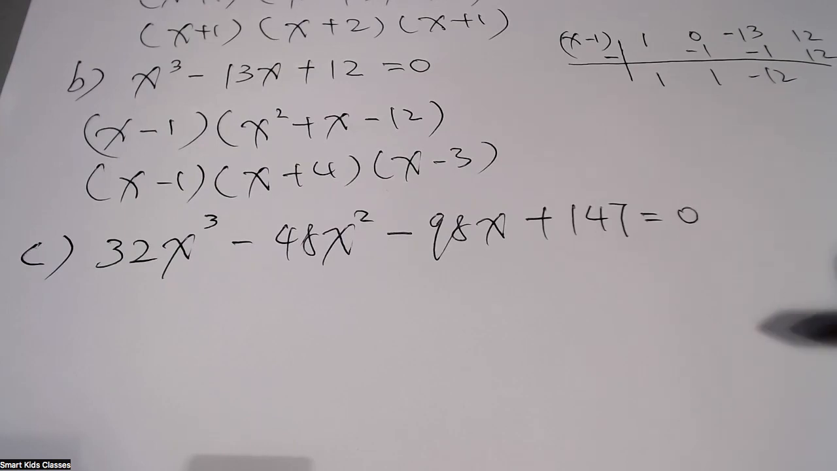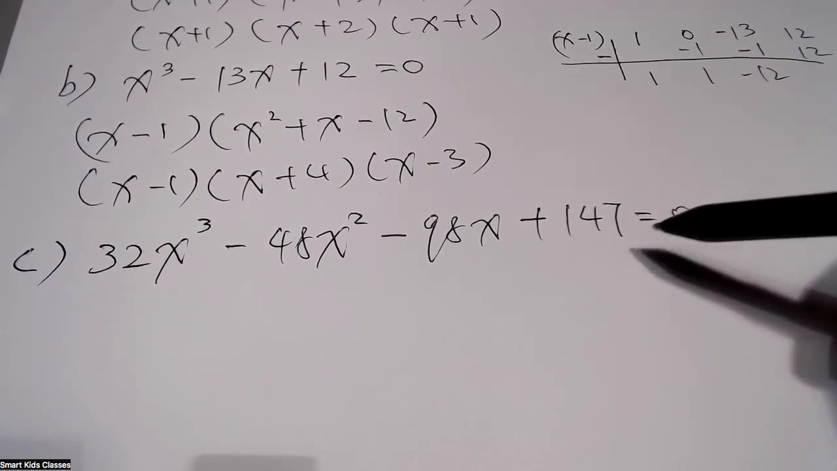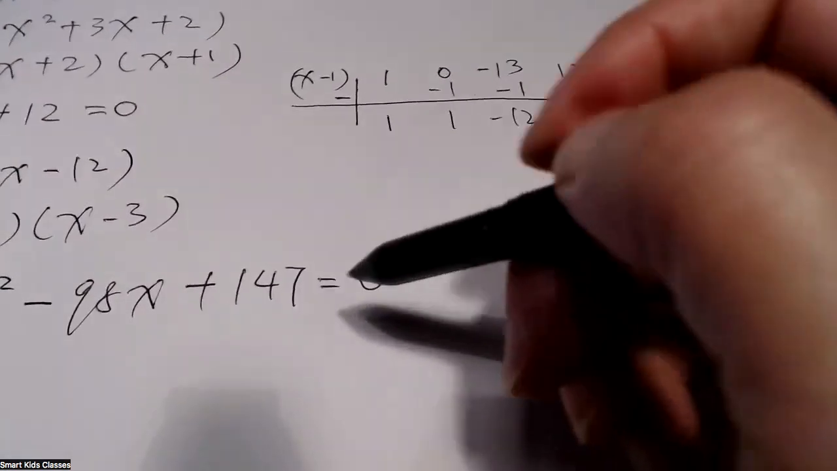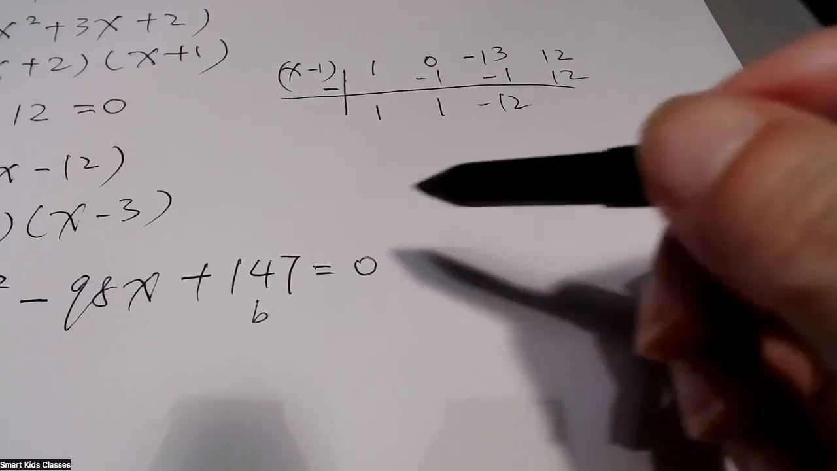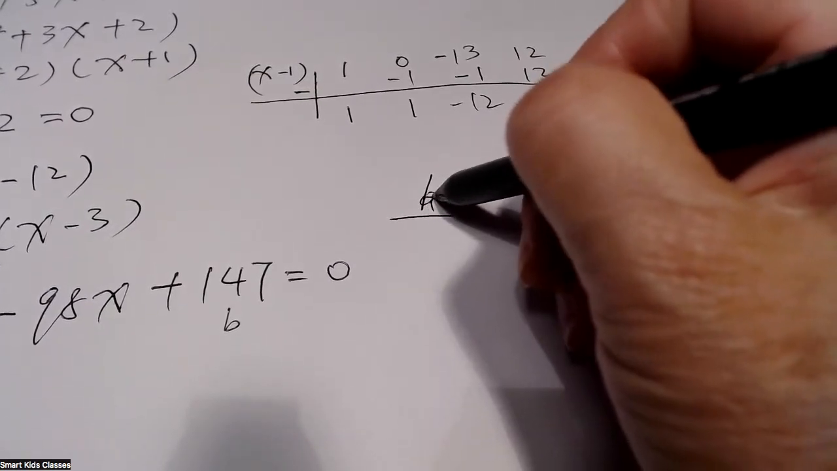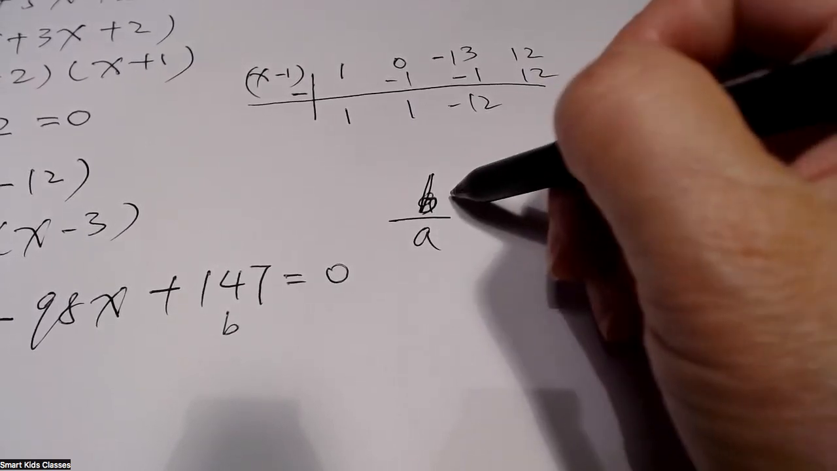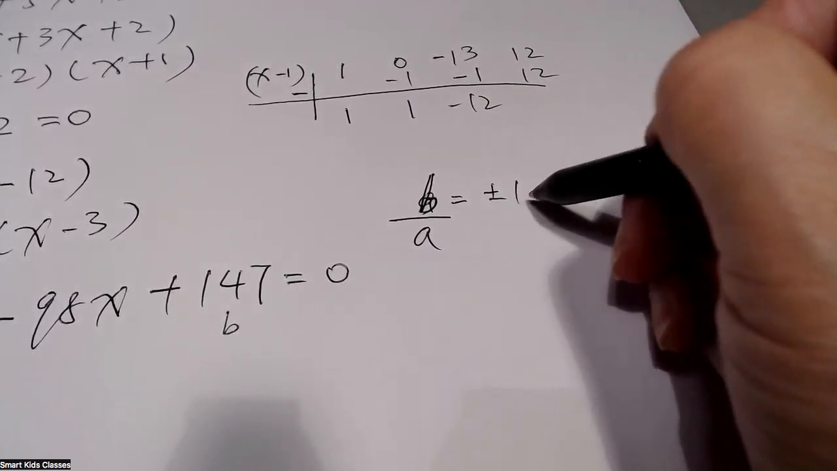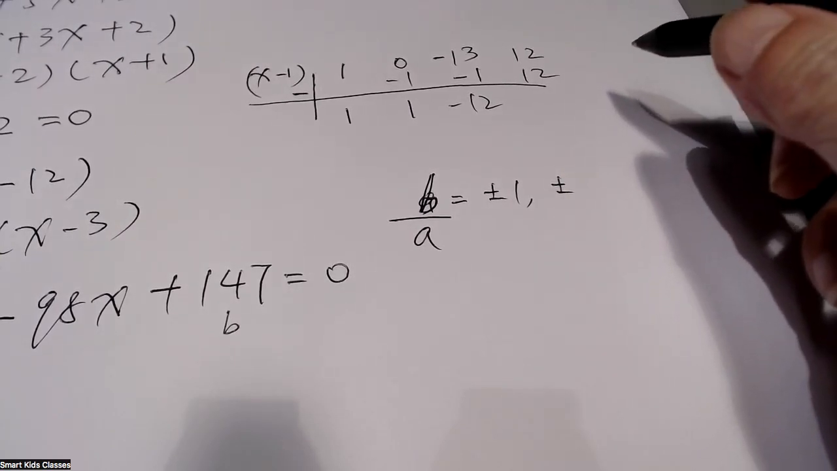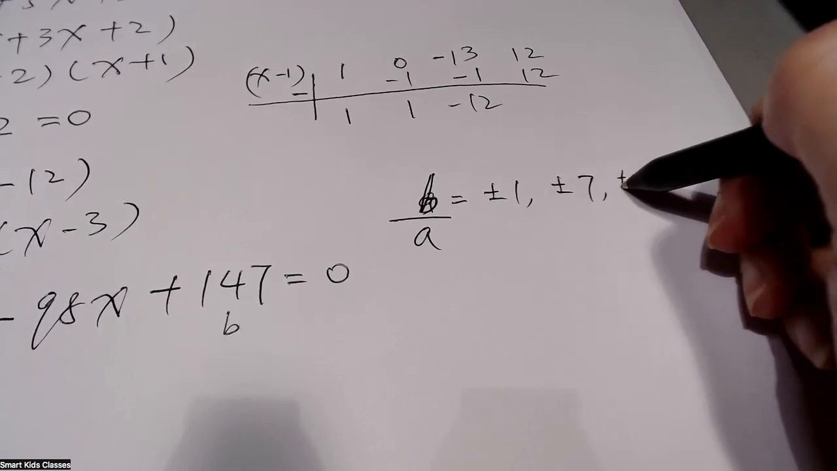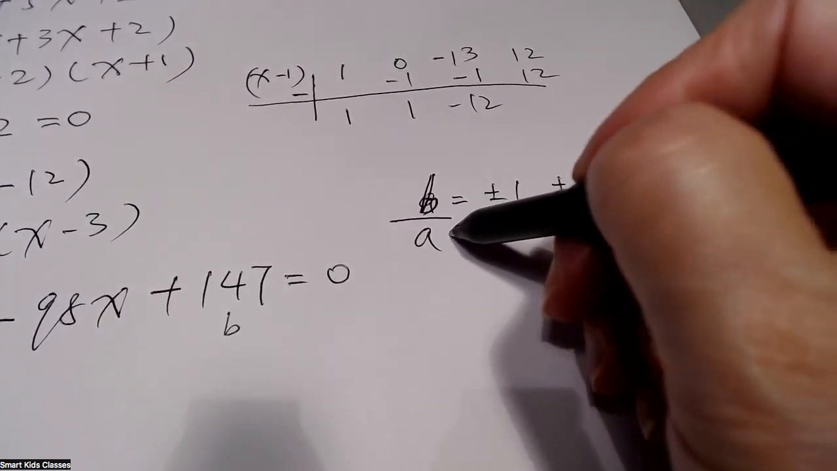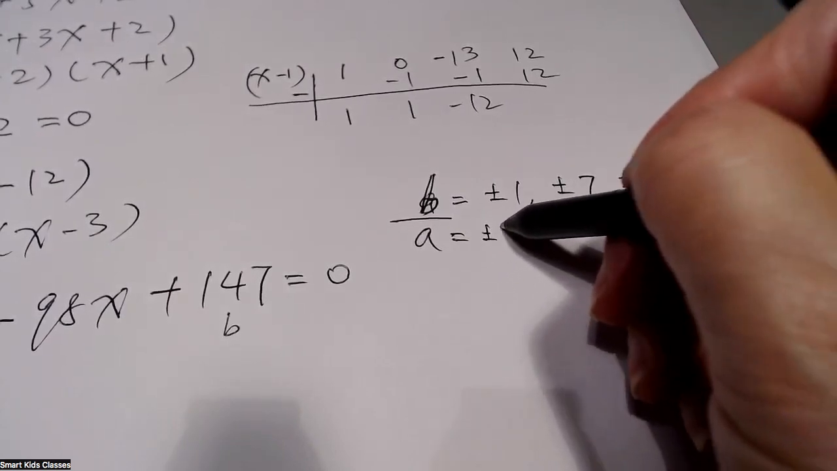So let's find all the factors for 32 and 147. So I'm going to write here, and this is the B and that's the A. So we have B over A. Now B has positive and negative 1, positive and negative 7, and positive and negative 147. And for A, we got positive and negative 1,